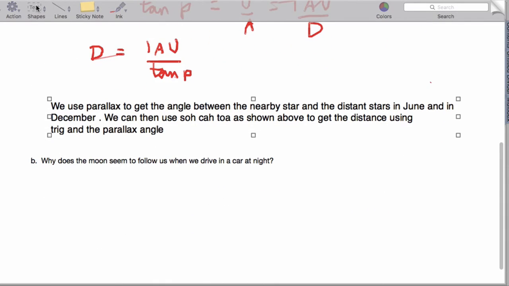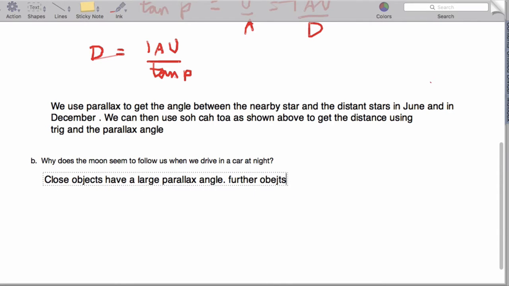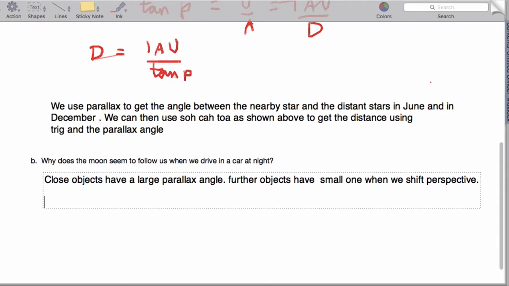Lastly, why does the moon seem to follow us when we drive at night? Basically, close objects have a large parallax angle. Further objects have a small one when we shift perspective. Sorry with that typo. So what's going to happen here is the moon is so far away that it appears